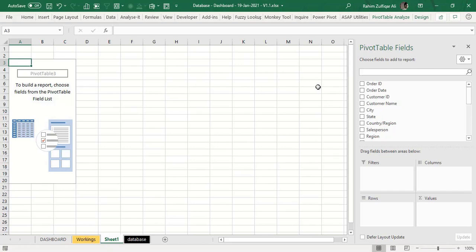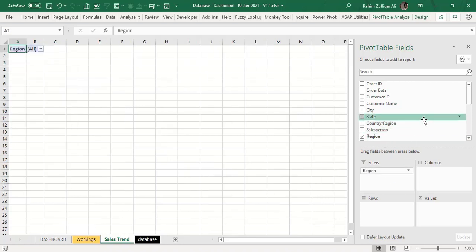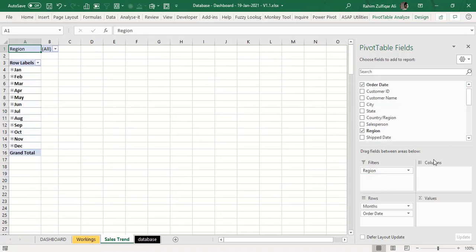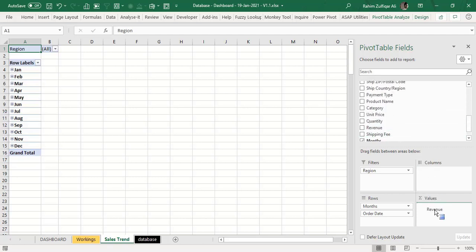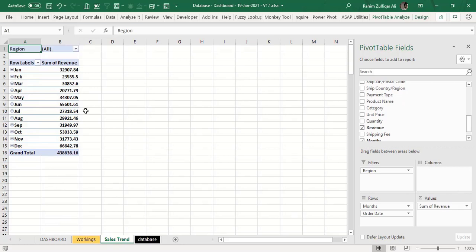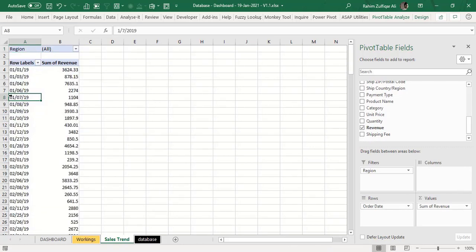So now let's get started. The first one is related to the sales trend. We want to show a sales trend time wise, month wise. So I will rename this spreadsheet as sales trend, and I will put region in the filters, and then order dates in rows. As you can see, it's automatically grouped into months, and the revenue into the values, right? You can ungroup as well, and you can check that this is the order date column, and again